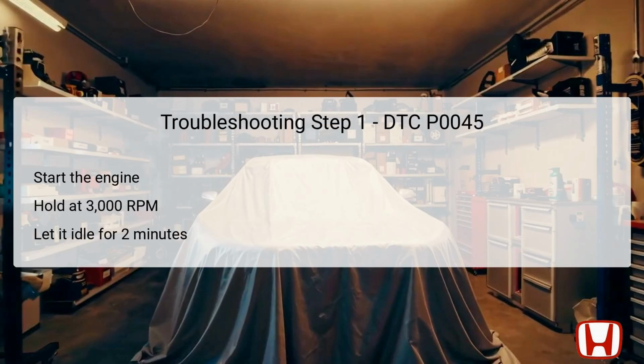The initial step in the troubleshooting process for DTC P0045 involves starting the engine and holding the RPM at 3000 without load, whether the vehicle is in park or neutral. This procedure allows the engine to operate at a level that should activate the radiator fan, providing a stable environment for diagnosis. Keeping the engine at this RPM level for 2 minutes ensures that the turbocharger wastegate control actuator is